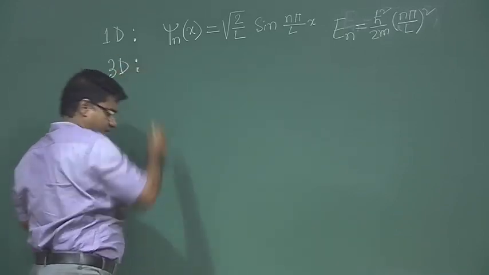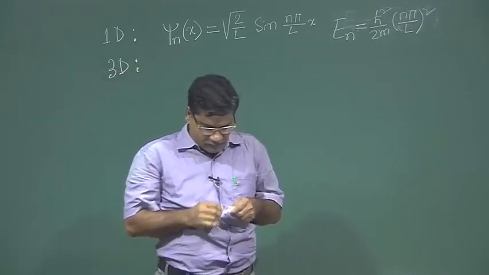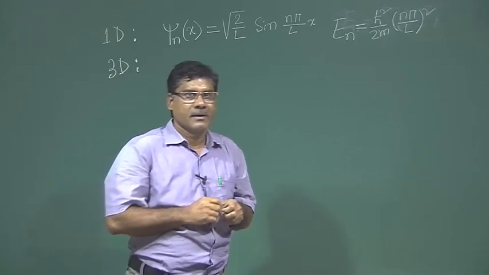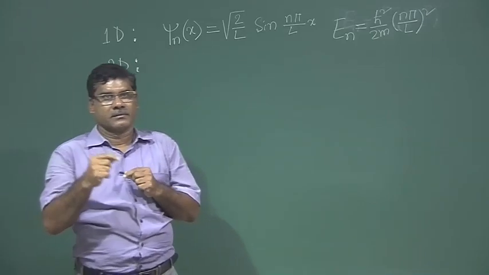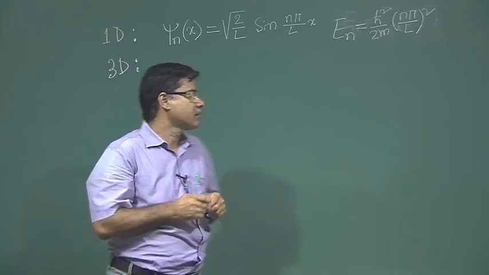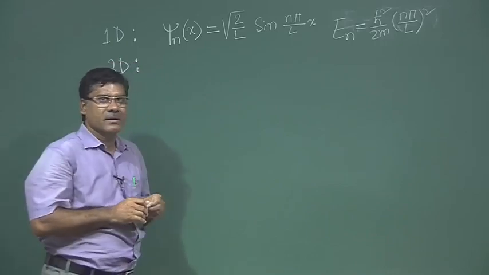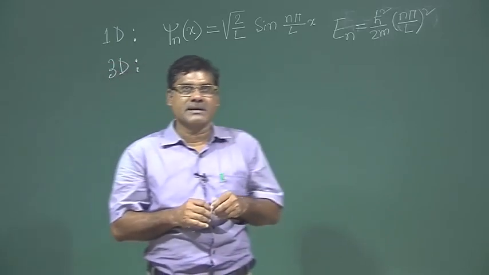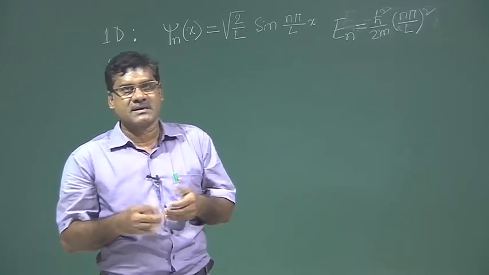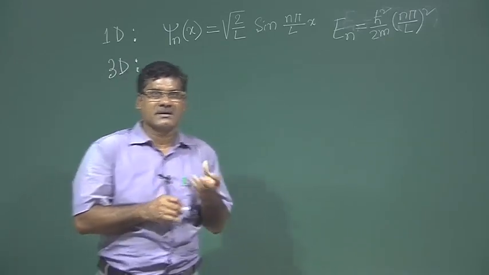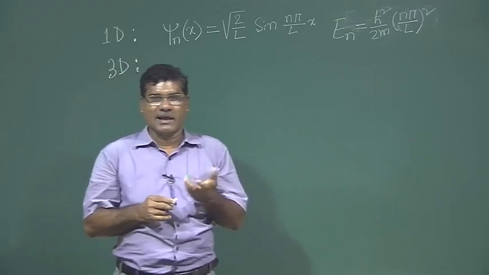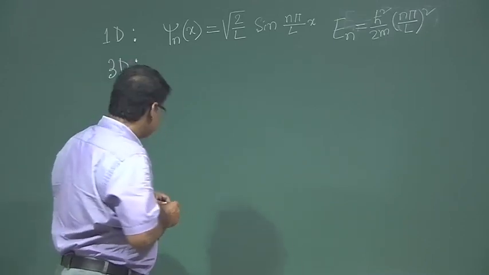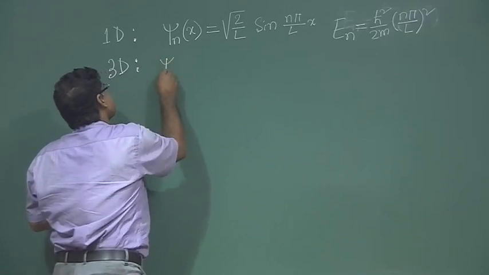A metal piece, if you take, has 3 dimensions, along x, y, z. If its lengths are L x, L y, L z, again for simplicity if you consider it a cube, it is L. So, for that the wave function